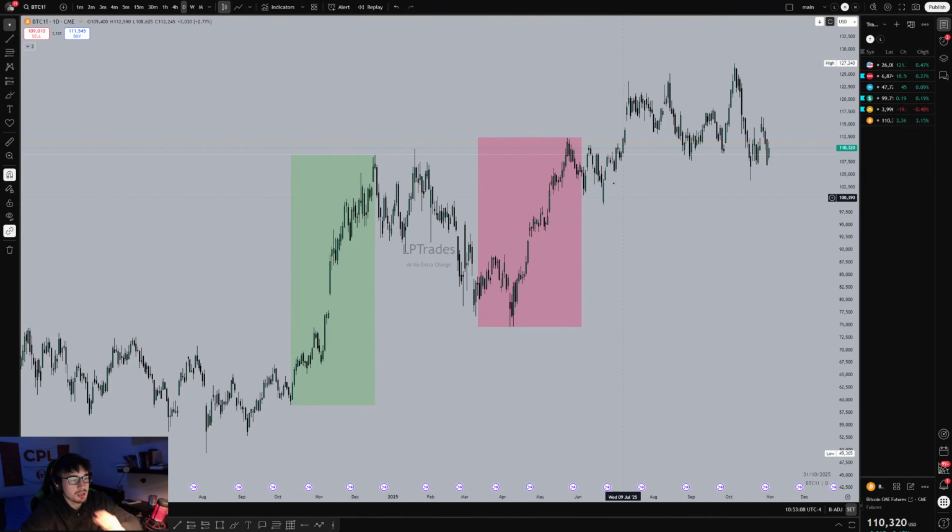This is what I found, because there's a period here, early March to June, where Bitcoin had lots of losing streaks. I found a lot of losing streaks here, and I realized that this was a very big trend. Now, whenever you trend like this, usually it's not very volatile, because price is moving very directionally and it's not going up and down. So on the daily chart, this looks like a period where there's not much volatility.